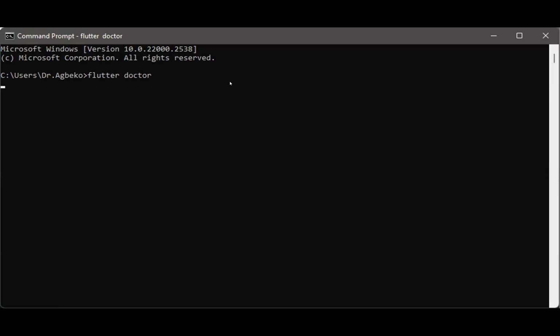So let's give it some time. If everything is okay, it will not complain. If you've not installed Flutter well, then when you type flutter doctor, it will tell you Flutter is not recognized. But if you follow the steps on slides 44 and 45 well, when you come to the command prompt and issue flutter doctor, it will show you everything as it is showing.